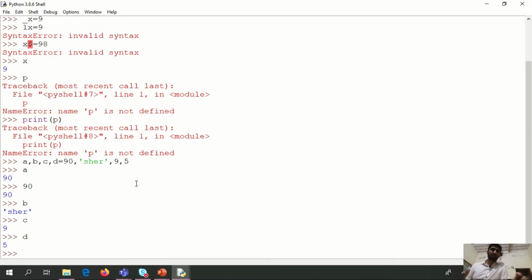You can get multiple outputs in Python just by separating them with commas.